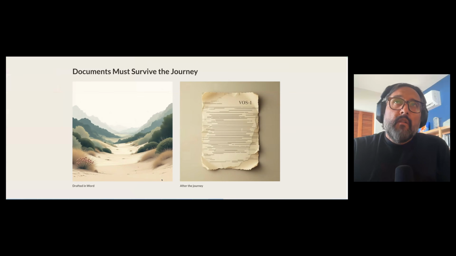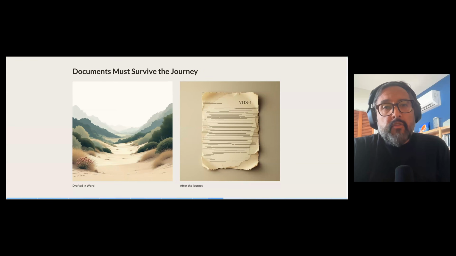So let's go back to that document journey for a second. As documents move from tool to custom tool to another system and then back into Word, all of these tools need a reliable way to read documents, understand them, and change them. If we zoom out a bit from the narrow scope of documents and just look at software in general, how does software normally interact with systems and data? Let's imagine for a second that you're building an app that needs to send text message reminders to someone. You're probably not going to build your own cellular network. You're not going to figure out radio towers and cellular protocols and all of that.